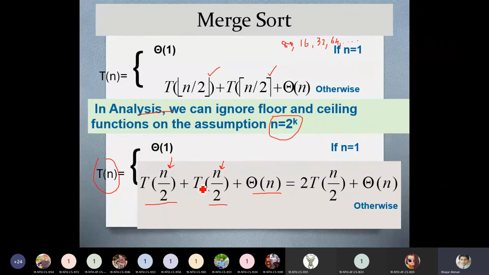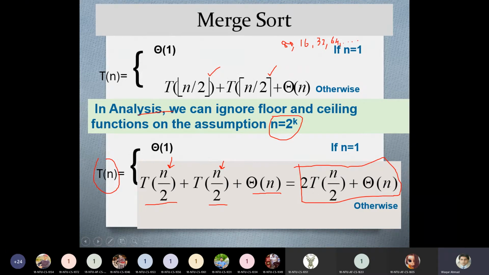You can observe that these two calls are exactly the same, mirror images of each other. We can add them simply, and now our final recursive equation is like this. By ignoring the floor and ceiling functions, our equation is equal to 2T(n/2) plus theta n.